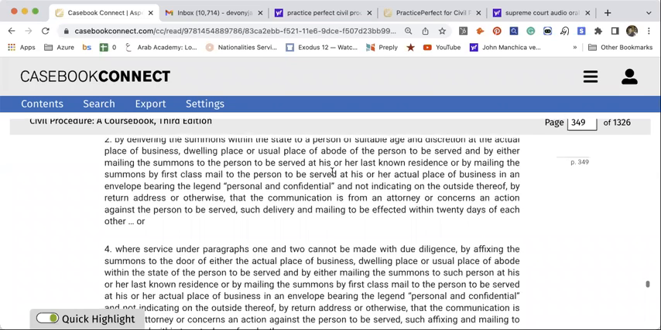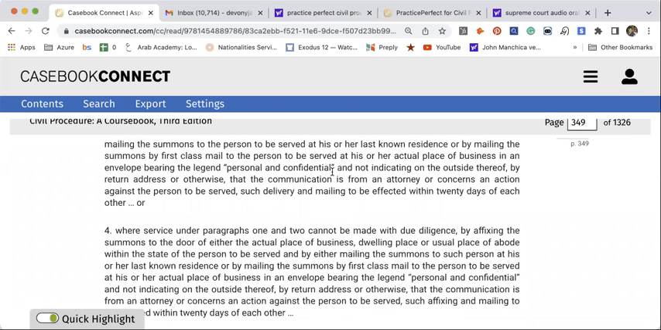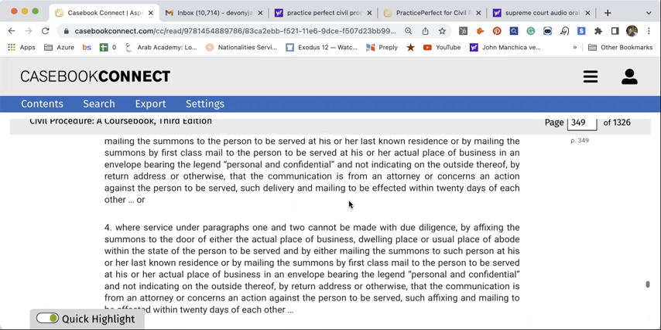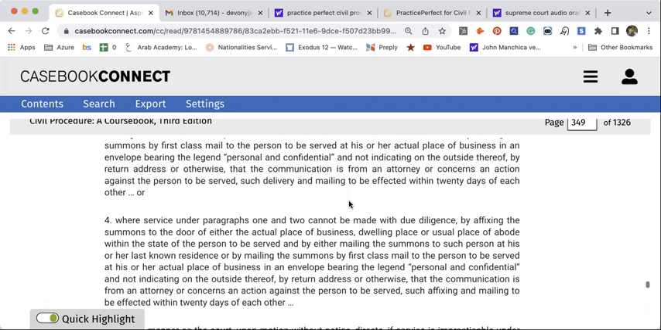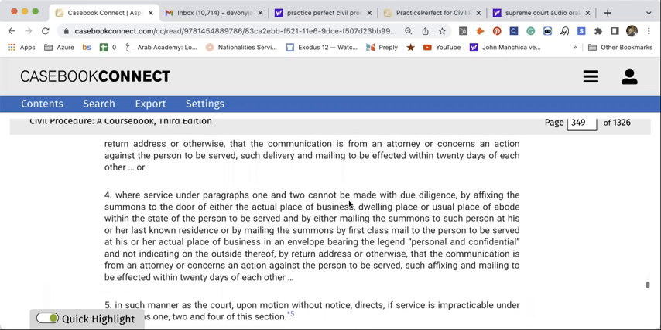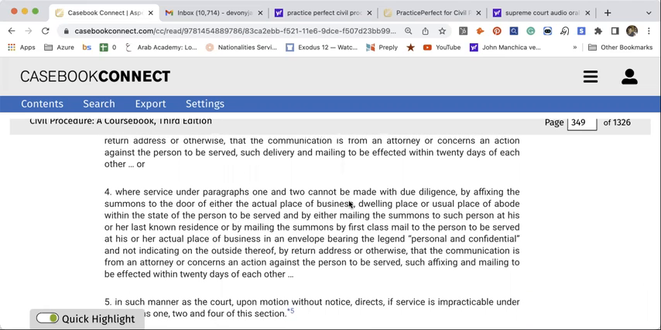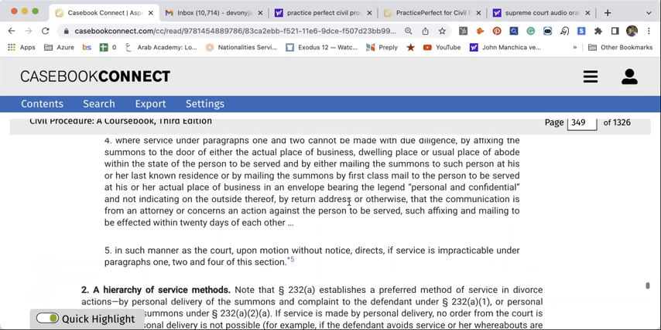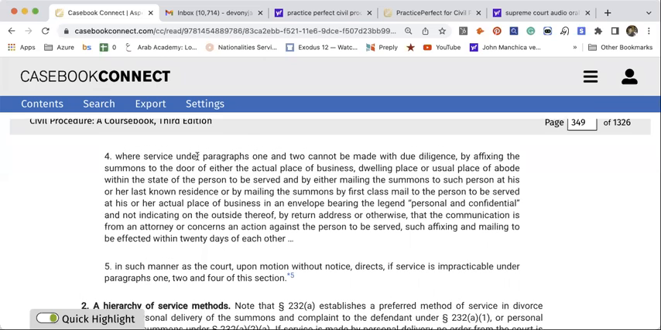his or her last known residence, or by mailing the summons by first class mail to the person to be served at his or her actual place of business in an envelope bearing the legend personal and confidential and not indicating on the outside thereof by return address or otherwise that the communication is from an attorney or concerns an action against the person to be served. Such delivery and mailing to be effected within 20 days of each other,